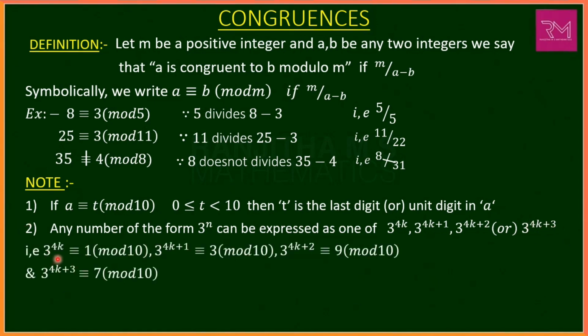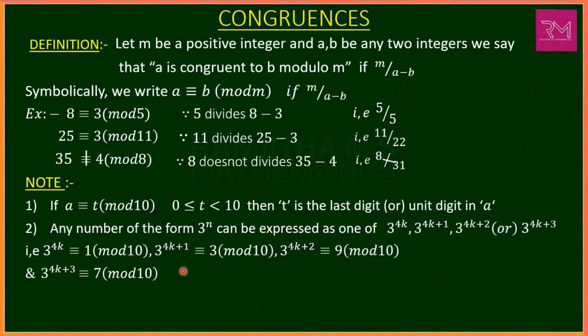That is, for 3 power 4k, we get a congruence: 3 power 4k is congruent to 1 mod 10. Similarly, 3 power n can be expressed in the form 3 power 4k plus 1. Then we get a congruence like this: 3 power 4k plus 1 is congruent to 3 mod 10. For 3 power 4k plus 2, we get 3 power 4k plus 2 is congruent to 9 mod 10. For 3 power 4k plus 3, you get